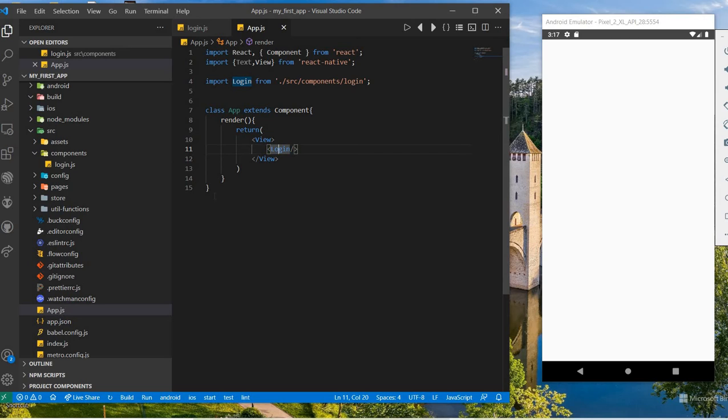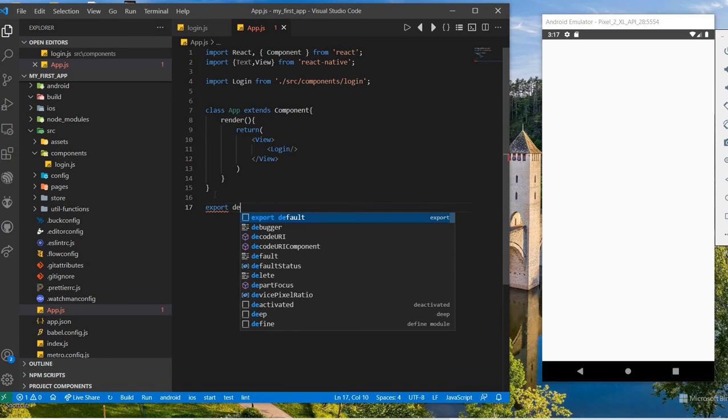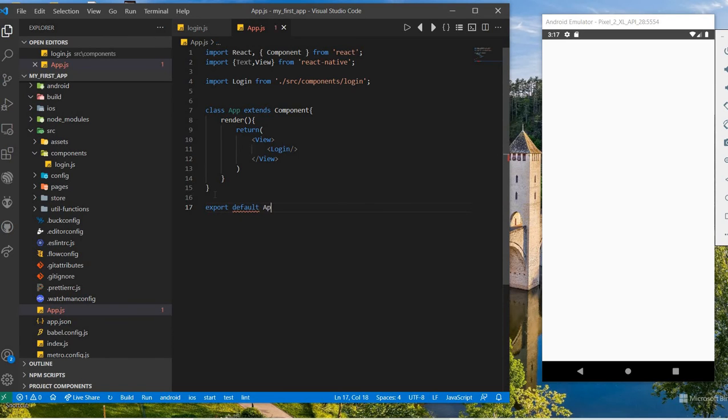At the end of the code, we need to export default app.